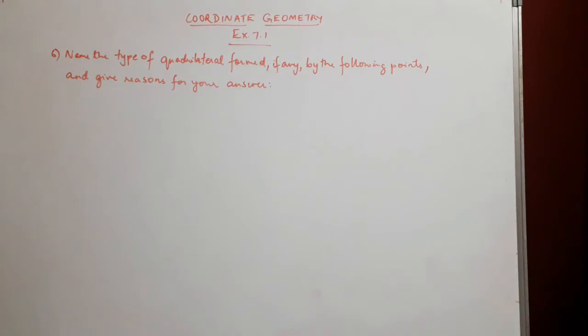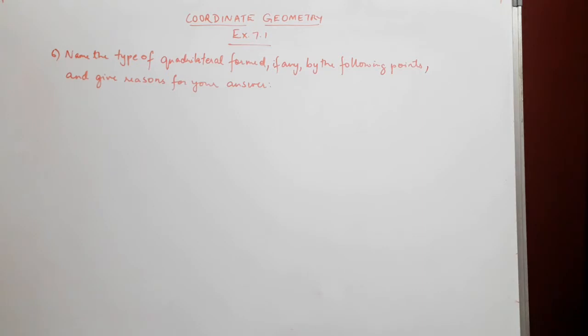Hello students, in this video we'll be solving question 6 from exercise 7.1, and the question says name the type of quadrilateral formed, if any, by the following points and give reasons for your answer. Now, before we solve this problem, let us first have a look at how we can come to the decision of what type of a quadrilateral